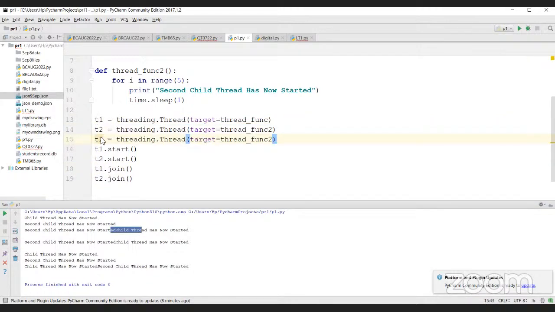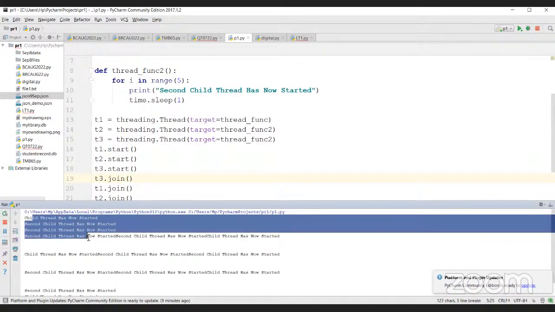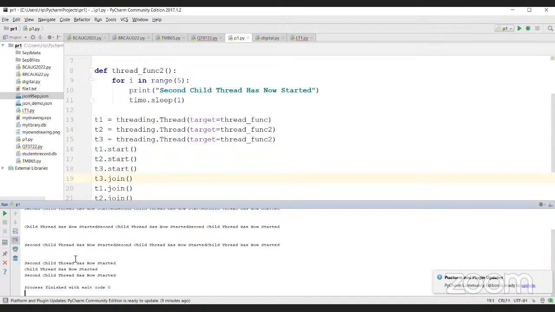I can even say T3, and T3 will run function 2 itself. So I'm going to say T3.start and T3.join. So now you would get it in that fashion. Absolutely no problem here, isn't it? Now the problem comes when,